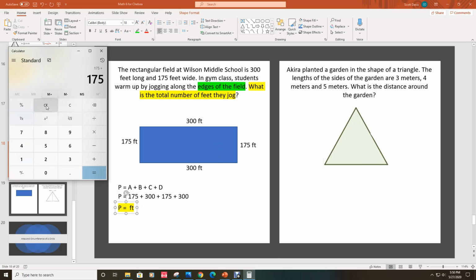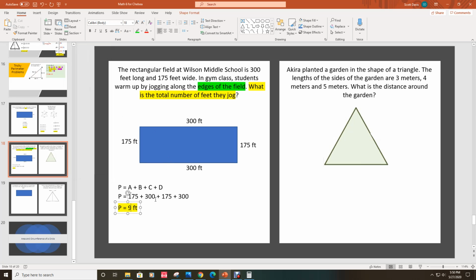175 plus 300 plus 175 plus 300 equals 950. 950 feet. All right. So the total number of feet they jog is 950 feet. Now, just to double check ourselves, let's see if we use our formula the way that it's